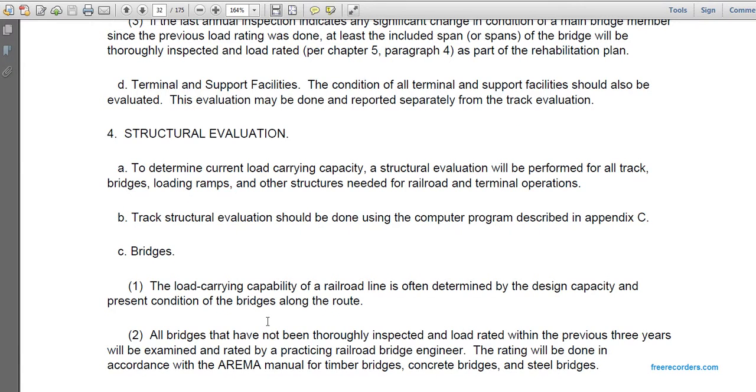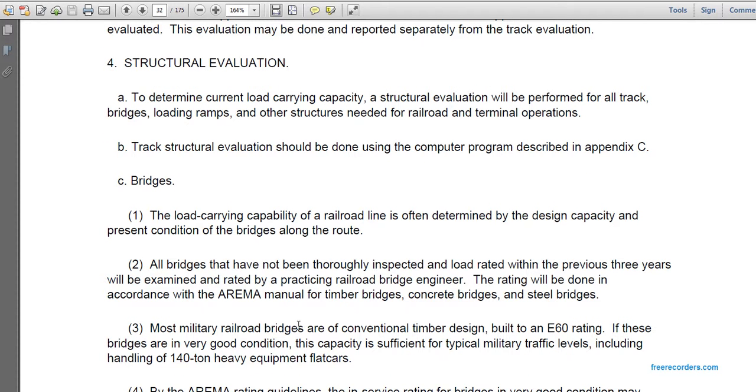4. Structural evaluation. To determine the current load capacity, the structural evaluation will be performed on all tracks, bridges, loading ramps, and other structures needed for the railroad terminal operations. Track structural evaluation should be done by the use of a computer as described in Appendix C. Bridges. Load carrying capacity of the railroad line is often determined by the design capacity and present conditions of bridges along the route. All bridges have not been thoroughly inspected and load rated but